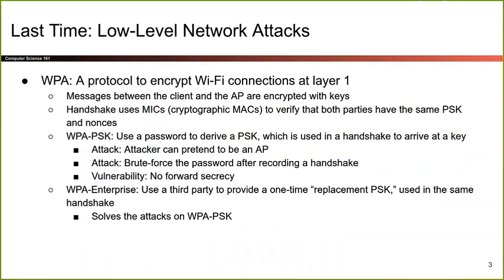So it was 7-way, I think, if you didn't optimize, and then if you did optimize, it was 4-way. But basically that handshake was kind of complicated and you took a lot of stuff to derive other stuff. But the short of it was you enter your Wi-Fi password, you use the Wi-Fi password to derive one key, and then that one key is combined with nonces that are random every time to arrive at a second key. And then this is the key that you use to encrypt messages. So if you think in terms of color coding, you went from the password to like a blue key, and then blue mixes with red, which are the nonces, to get purple. So that's another way to think about WPA. Once you get to this key, you can use this key to encrypt messages. And because there are nonces, everyone gets a different key.